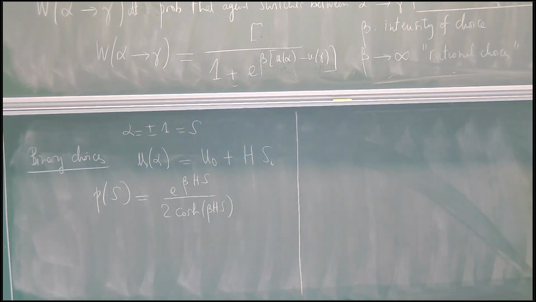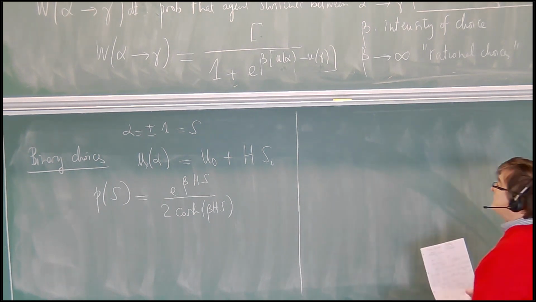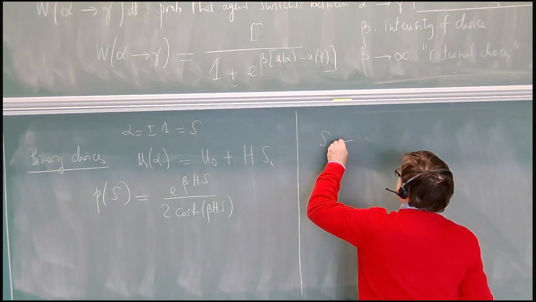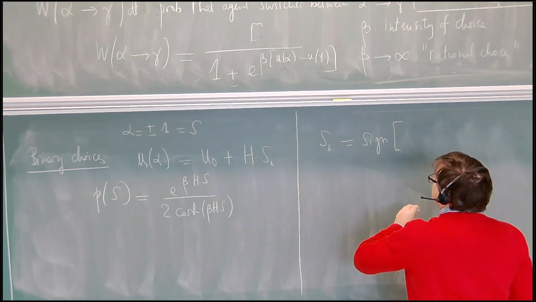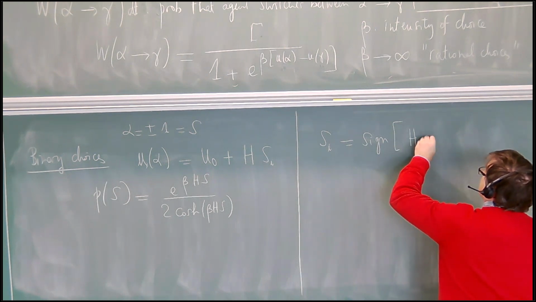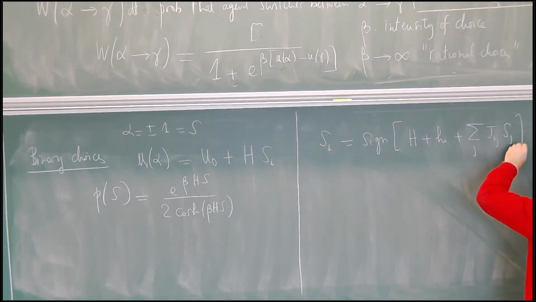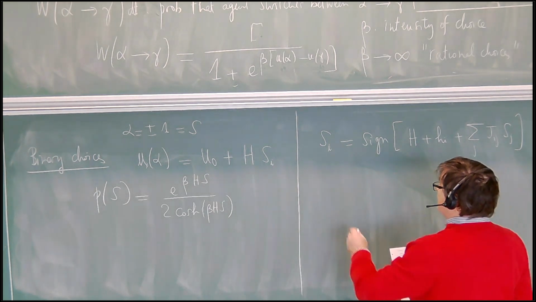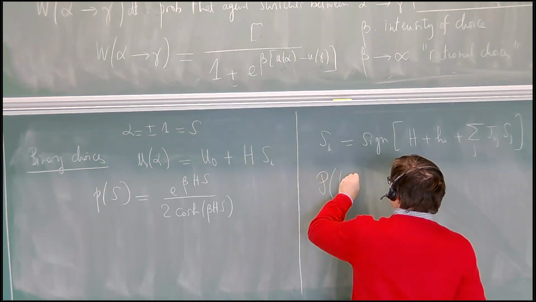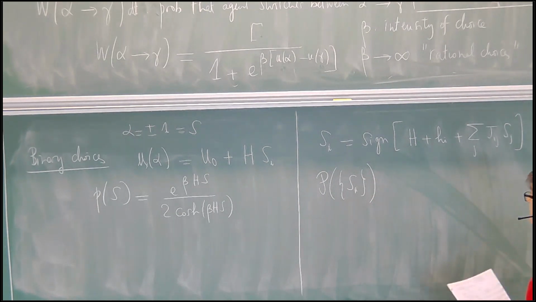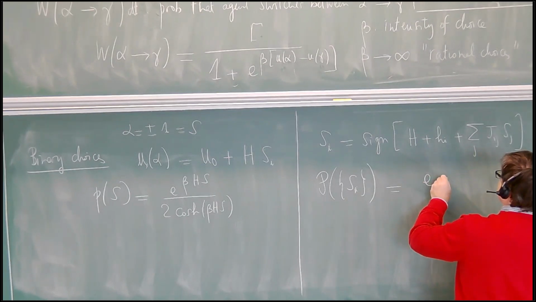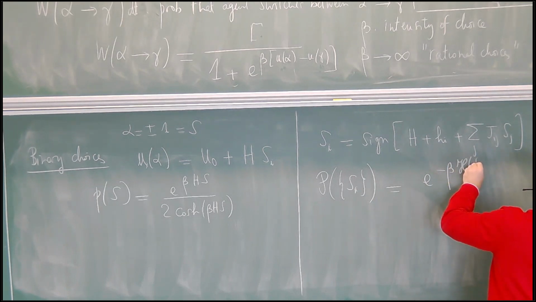introduce interactions now between agents, as we did before, the formalism of choices allows you to think of a slightly more general model where instead of having Si equals sign of H plus Hi plus the sum over j of Jij Sj, you can think of this rule, the rule that I've used in the random field Ising model that I described before, as the zero temperature limit of a probability P of a full configuration of S, P of the Si's, which is the exponential of minus beta H of all the Si's